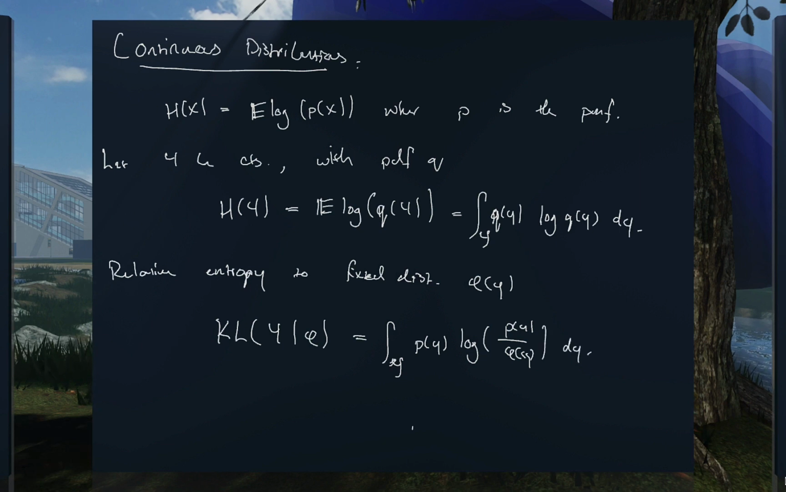Okay, and then from relative entropy, one can define the Boltzmann distribution in a similar way. So you could define this to be like so, where z is